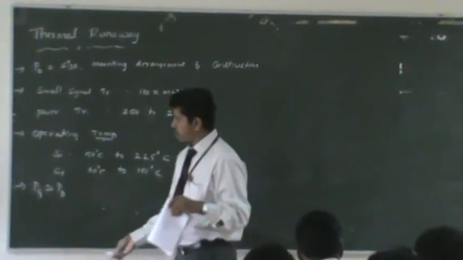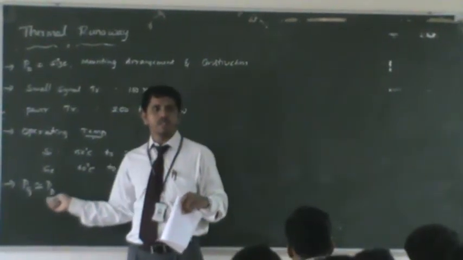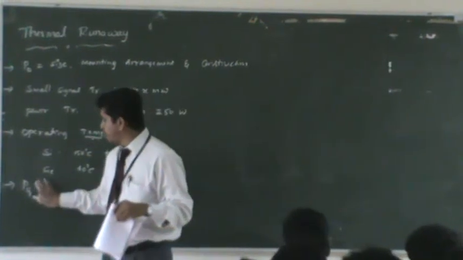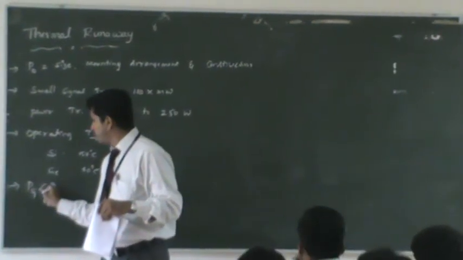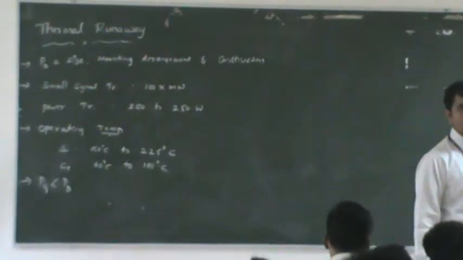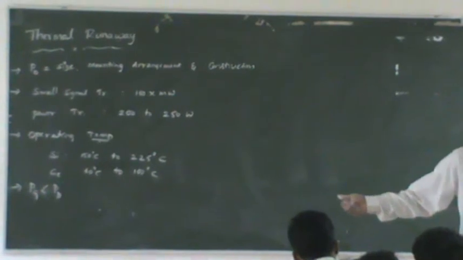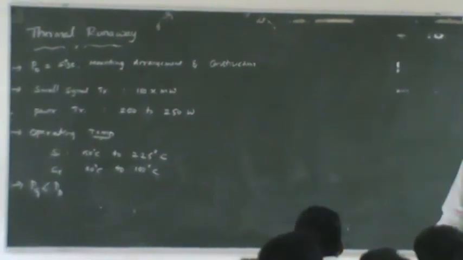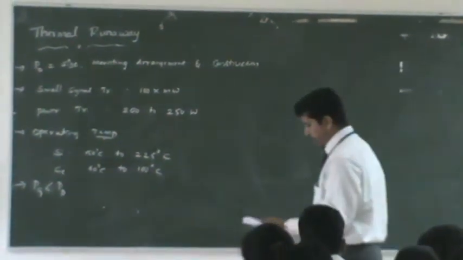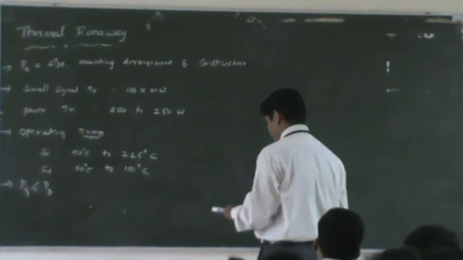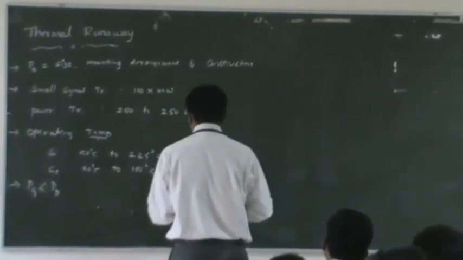So the amount of power generated in a transistor, in most cases we don't expect equality here. Power generated must be less than the power dissipated. Right? Understand the point here? If that does not match, definitely thermal runaway is going to happen. Okay, so that's going to be the thing here. And here we are going to give some mathematical aspect of this. There is a mathematical equation.